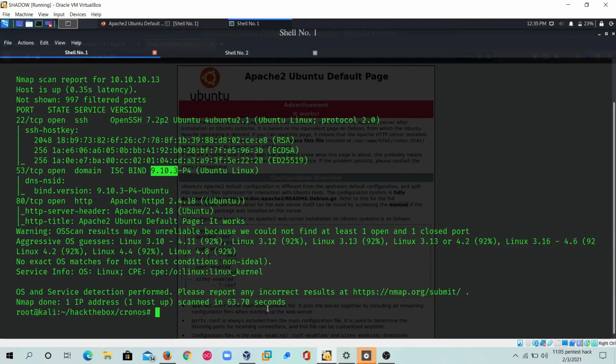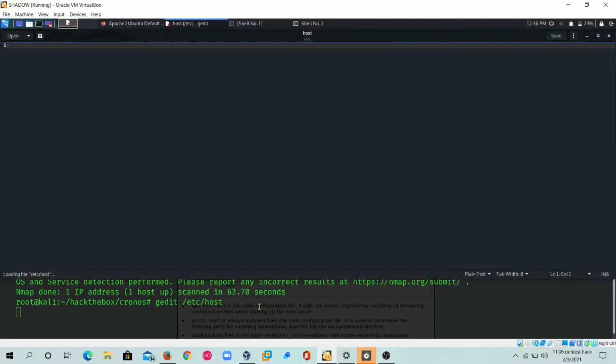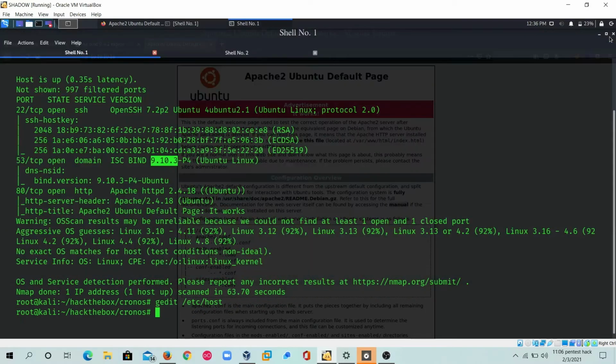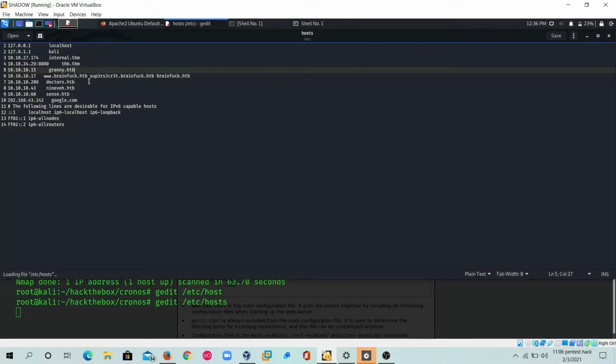If we enter an IP address in the host list and add a domain name, then when we enter the domain name in the search bar, it will redirect to the IP address. So the location of the host list is... okay, so I have to add it here.